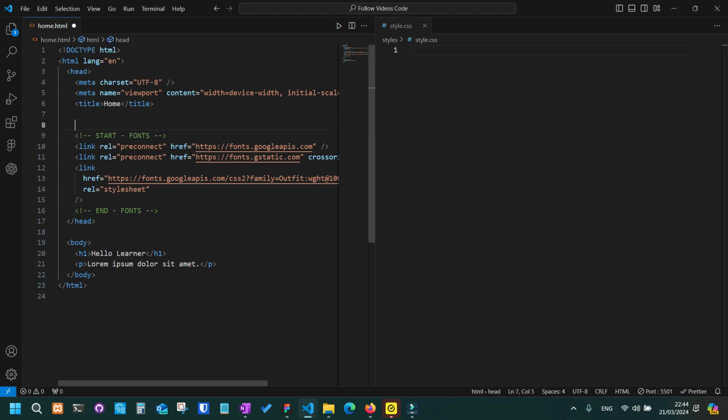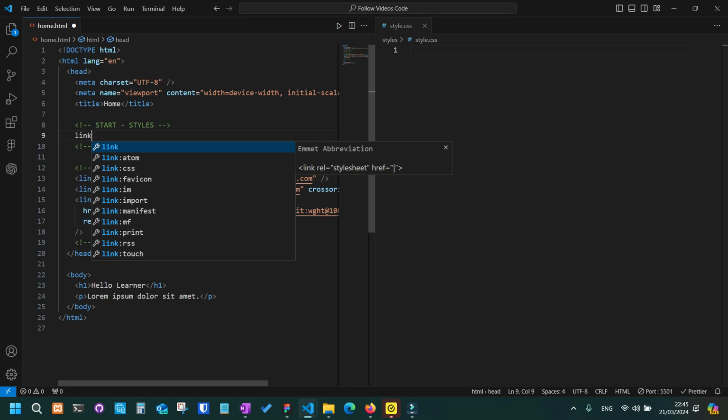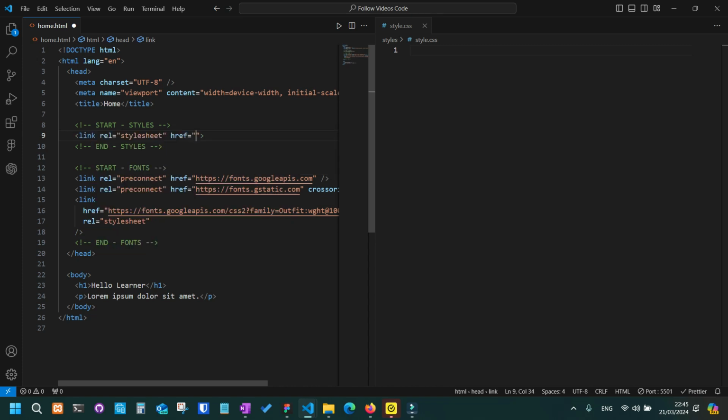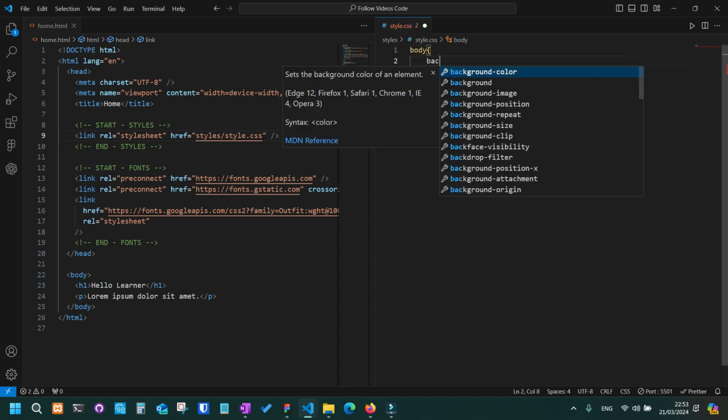So we come below the title again. Here we are using link, tab. The relationship should be stylesheet. Ensure you're using the right relationship. The href, which stands for hyperlink reference, is where we aim at the location of the file, and that is under our styles folder, and the name of it is style. We save the work. To ensure everything has been done correctly, just type body, and we are going to test